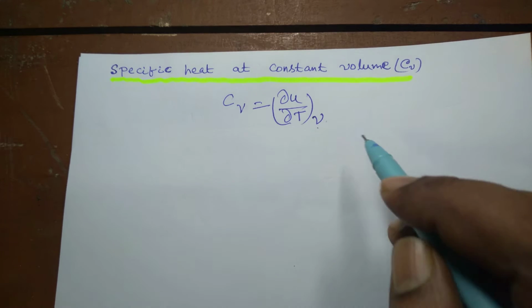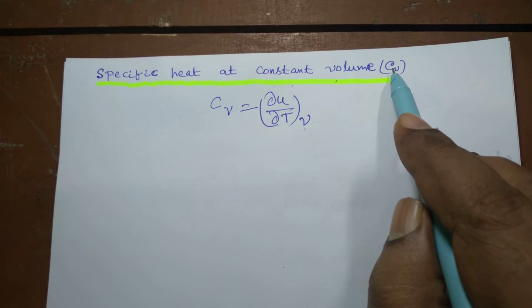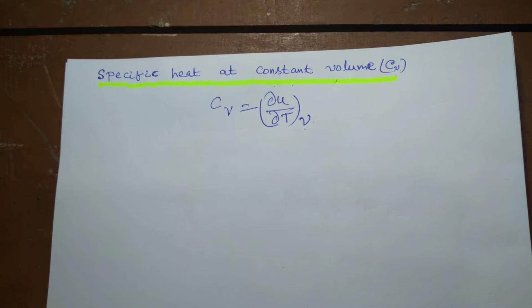So first we must discuss what is specific heat at constant volume, that is Cv, small cv. I have already discussed in my previous lecture what is specific heat and how to define it. Specific heat can be defined as the amount of heat required to raise the temperature of a unit mass of substance through unit amount. The temperature change may be 1 degree Celsius or 1 Kelvin or 1